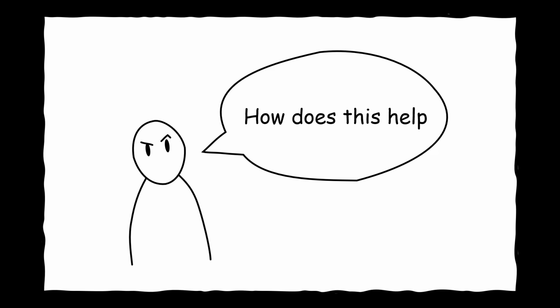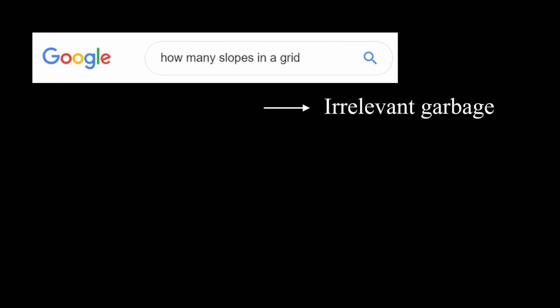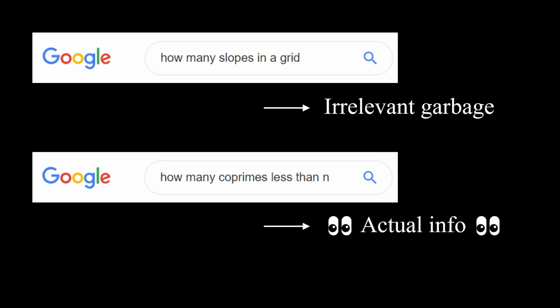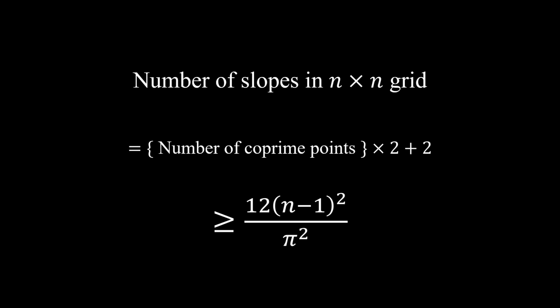You may argue that this doesn't really give a concrete formula to calculate the number of slopes, that we just redefined the problem in a more technical way. But you see, that was the point all along. Since coprimes are such a popular topic in math, there are tons of theorems found by people. And if you just Google a bit, you can find formulas like this. And I'm going to copy the heck out of it.